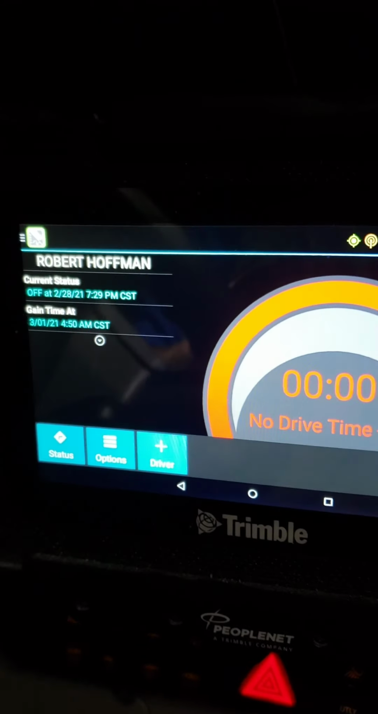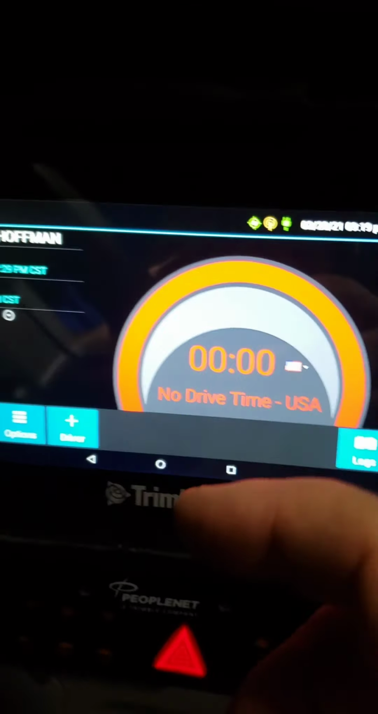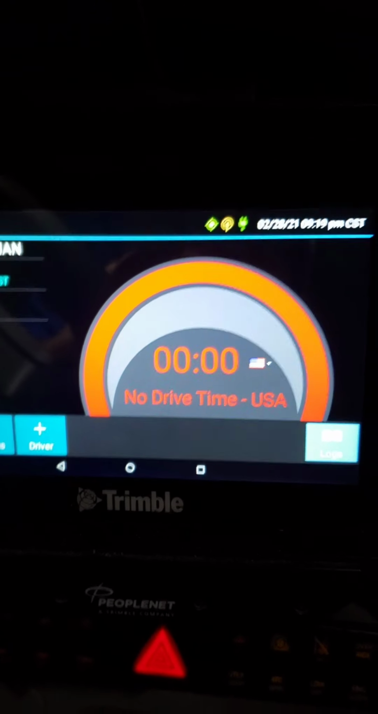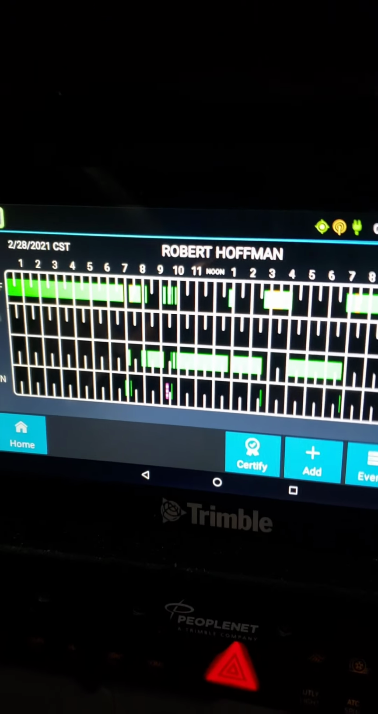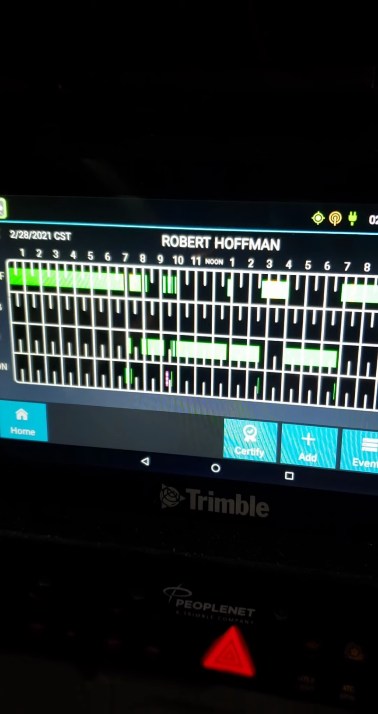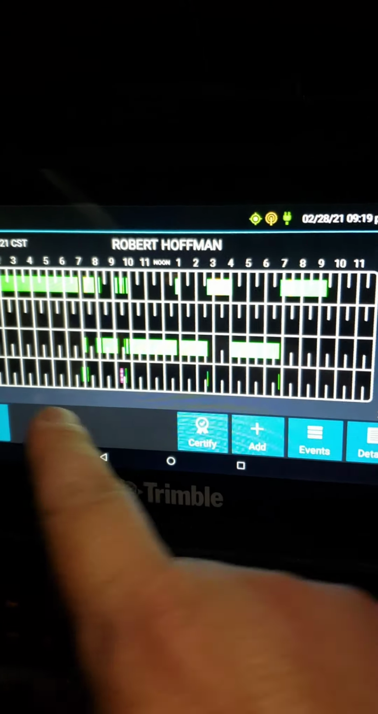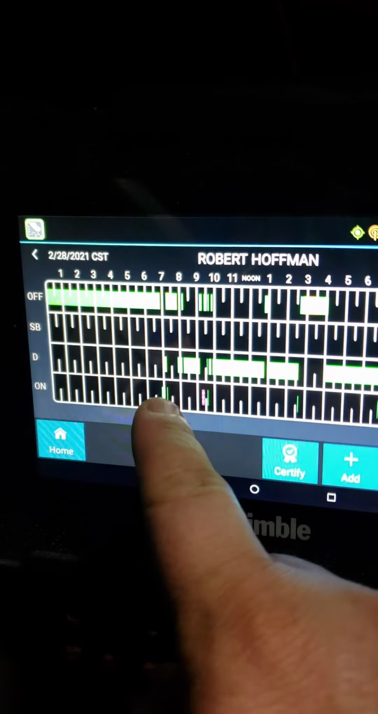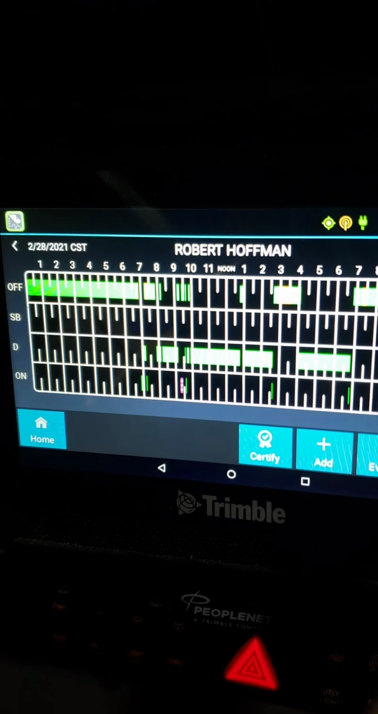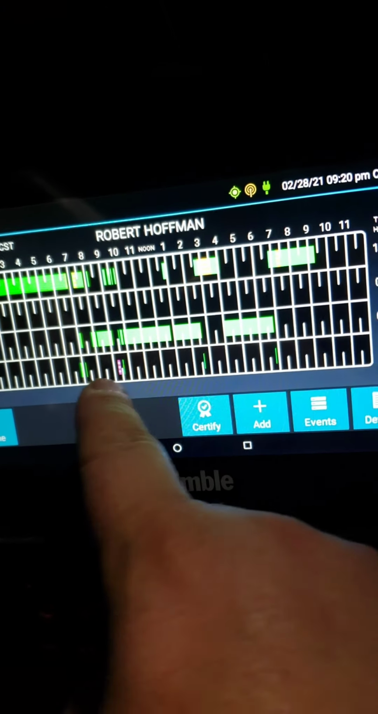But let's take a look and see what we've got. We're going to bring up our graph so we can look. Now, there's our graph. And if you look, you see 4 lines. Line 1 is your on duty. It's the very bottom line right here. This is your on duty time for the day, and you can see I got some on duty time here,